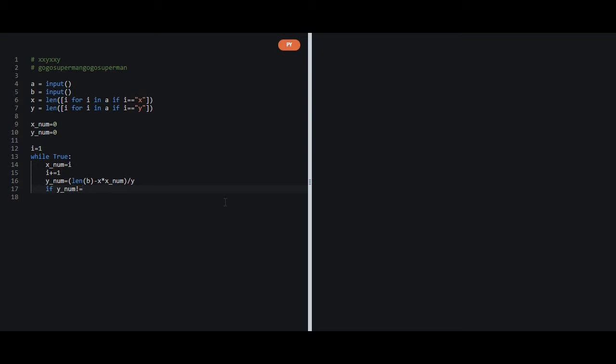So if y percent 1 is not equal to 0, if our y is not an integer, we can just move on to the next value of xnum, and if it is, then we should convert it into an integer. And now we have converted it. And now we will go through this whole list.